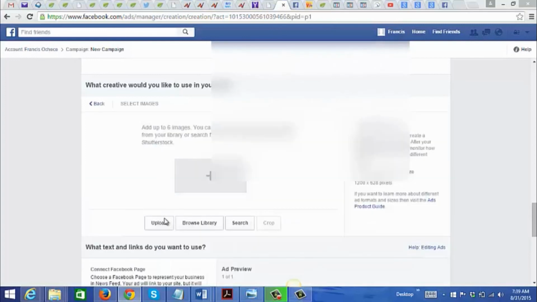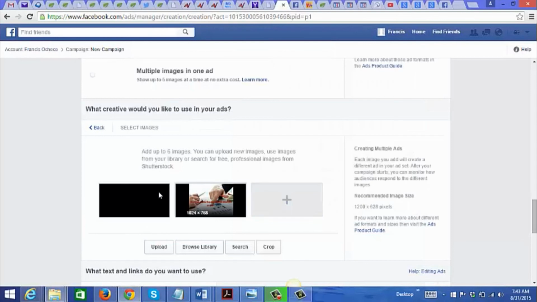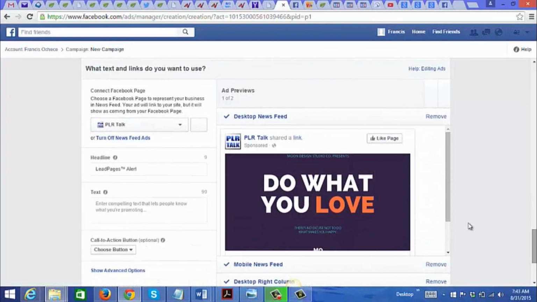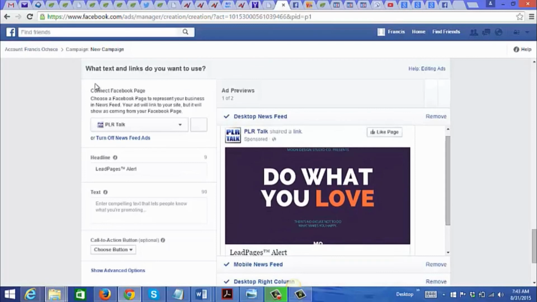Okay, and we're going to go ahead and upload the banner ad that we created. Okay, so what we have here, we have two images. The first one that I uploaded was actually by error, so this is the right one right here. And so let's go down. This is what it would look like. This is what the first image is, but for this example, let's just use this one right here.